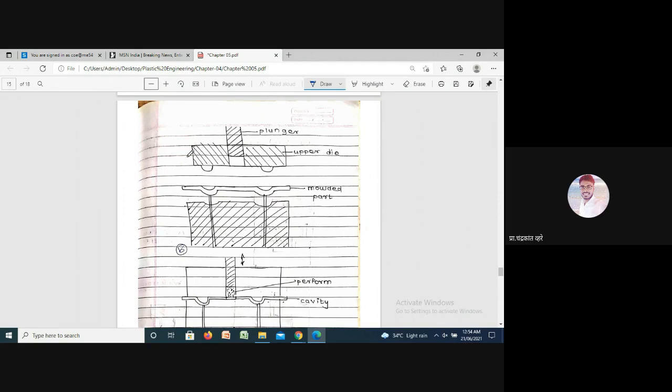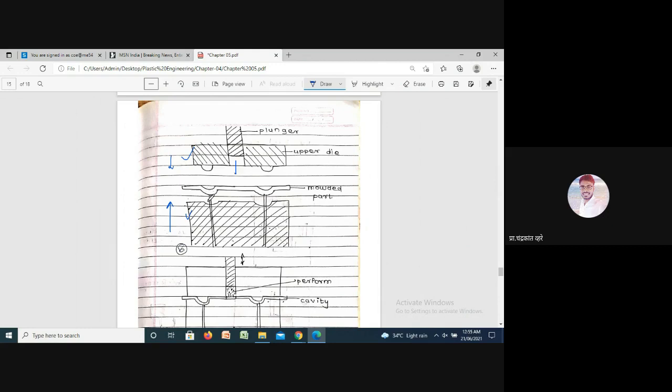This is the upper die and this is the lower die. These two dies will come to each other by means of compression pressing, and at that time the plunger will force the material into this shape.